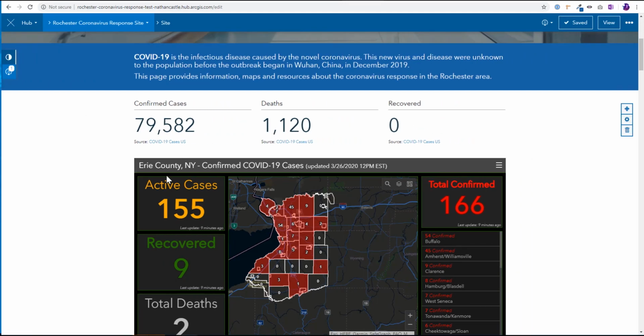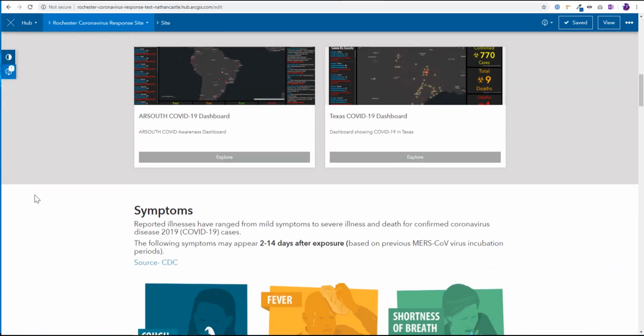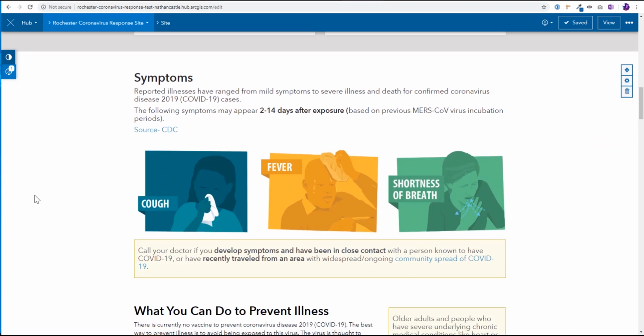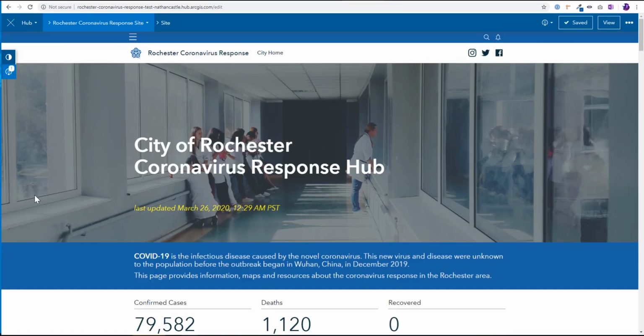Other than that, now I have a dashboard on this website. I've configured some of this information for my own organization or my own government. You could start by making this visible right away. Right now this has been shared within a group. Maybe you want to share it within the organization. You can go over here to this drop down and click organization and share the link and start to get some feedback from your internal organization. And then when you're ready, you can hit public, and this will make this page public